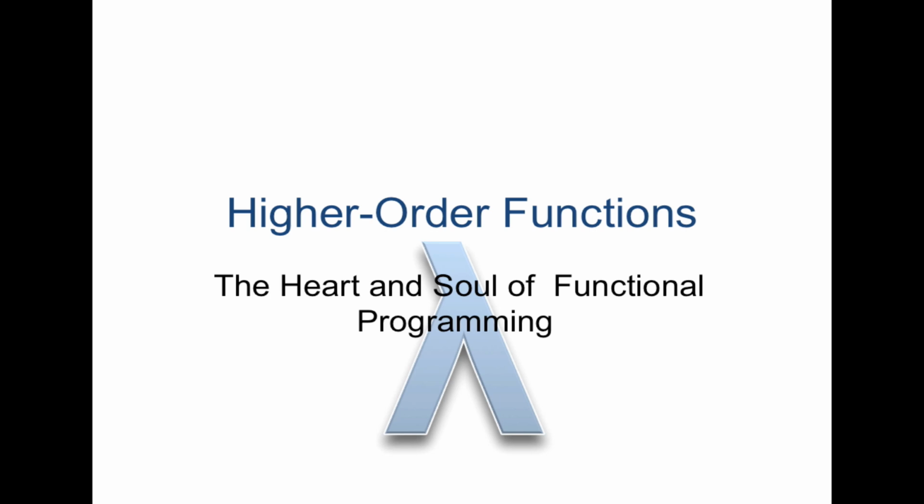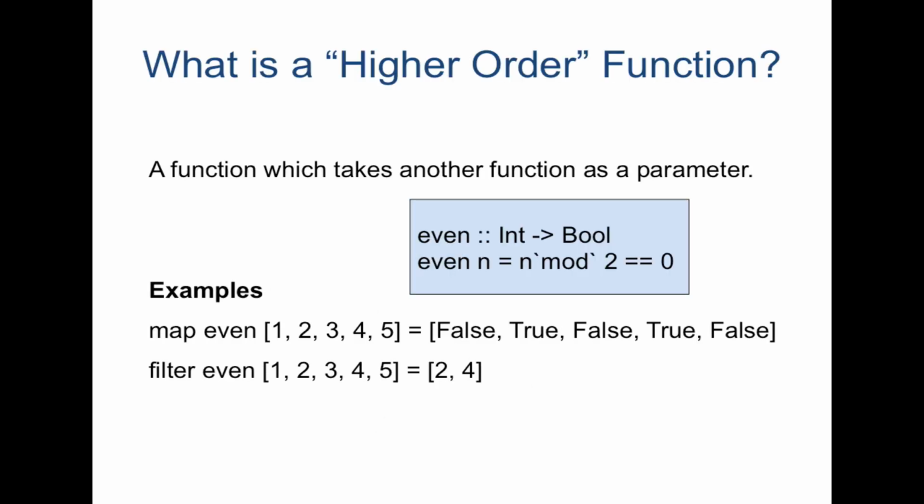Focusing on a key aspect of functional programming, something we'll use extensively in our Haskell coding: higher order functions. So what are higher order functions? The idea of a higher order function is to treat functions as first-class data. In functional programming, functions are first-class data, meaning that they can be passed as arguments to other functions or even